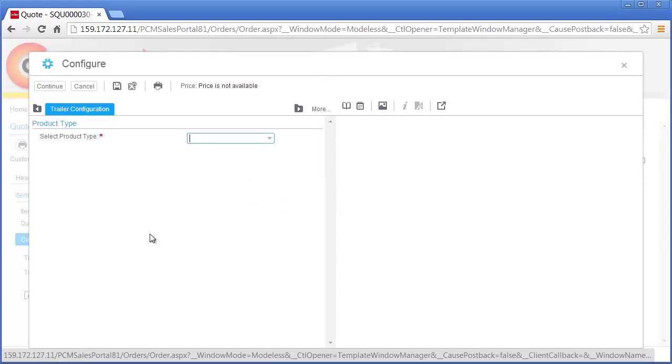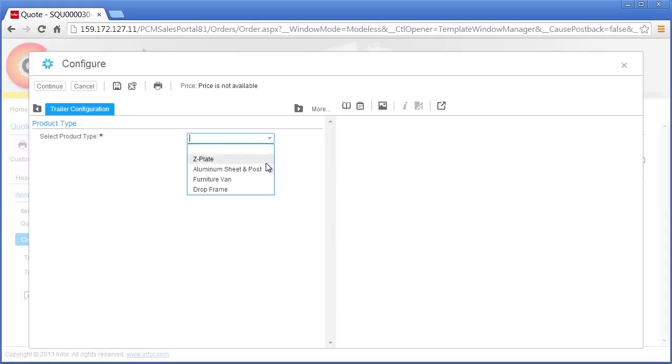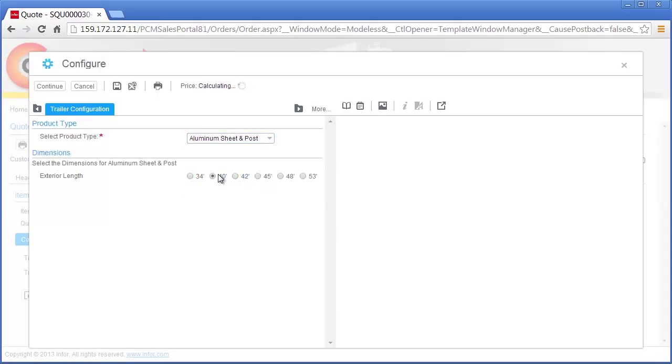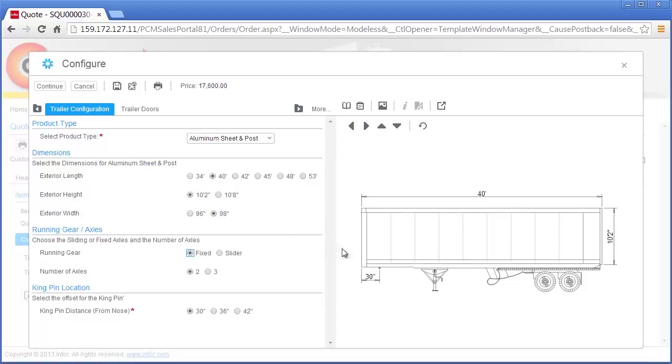As Nick selects Capital Manufacturing trailer options, the list of available options is automatically filtered to only display valid option combinations based on his previous selections. This prevents Nick from making a mistake and guarantees a 100% correct trailer configuration which can be priced and manufactured by Capital Manufacturing. During the configuration process, Nick references a dynamically generated as-configured drawing of the trailer based on his selected options. This provides Nick a quick visual validation of the overall trailer configuration where he can easily identify any issues with the selected options and make the necessary corrections.